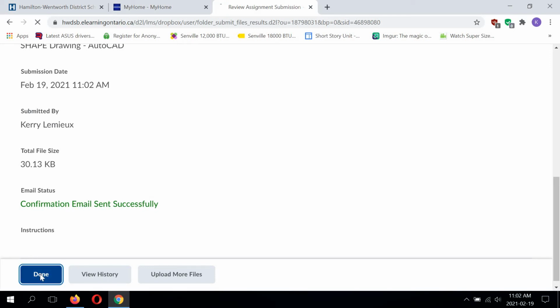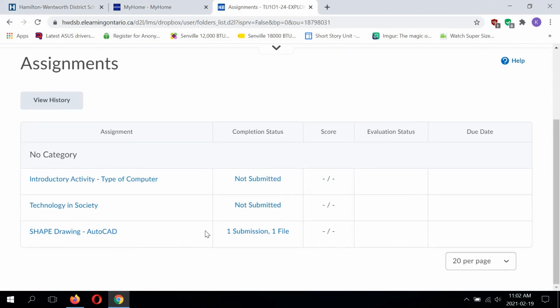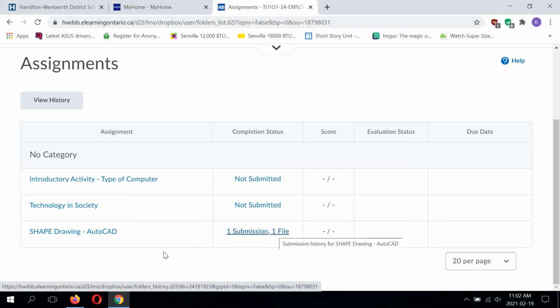And then you can select done, and it will bring you back to the assignment folder, and it will say 1 submission, 1 file. So you can begin to upload your shape drawings to this assignment folder Dropbox, and when the other assignment folders are created for the further drawings, you can submit those the same way as shown in